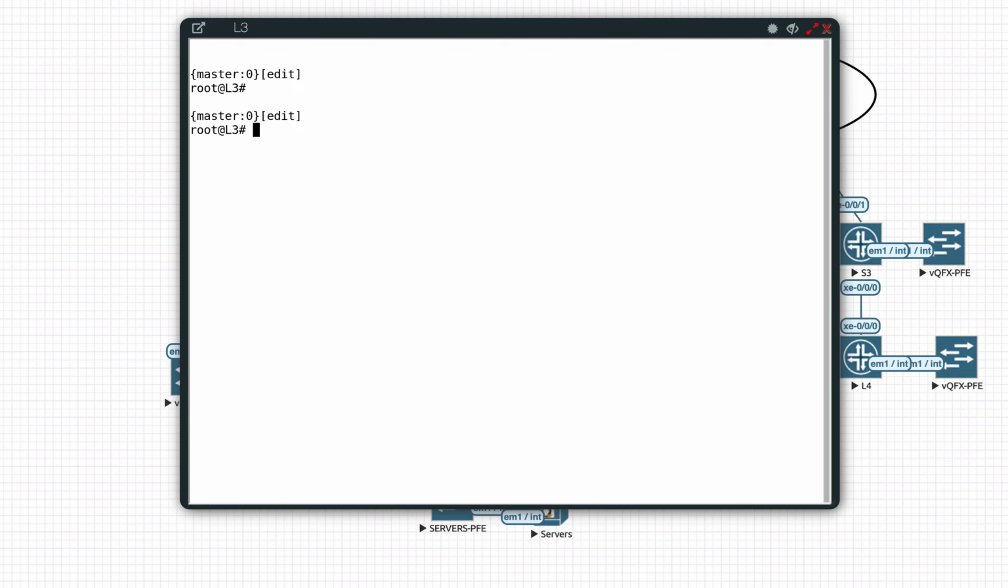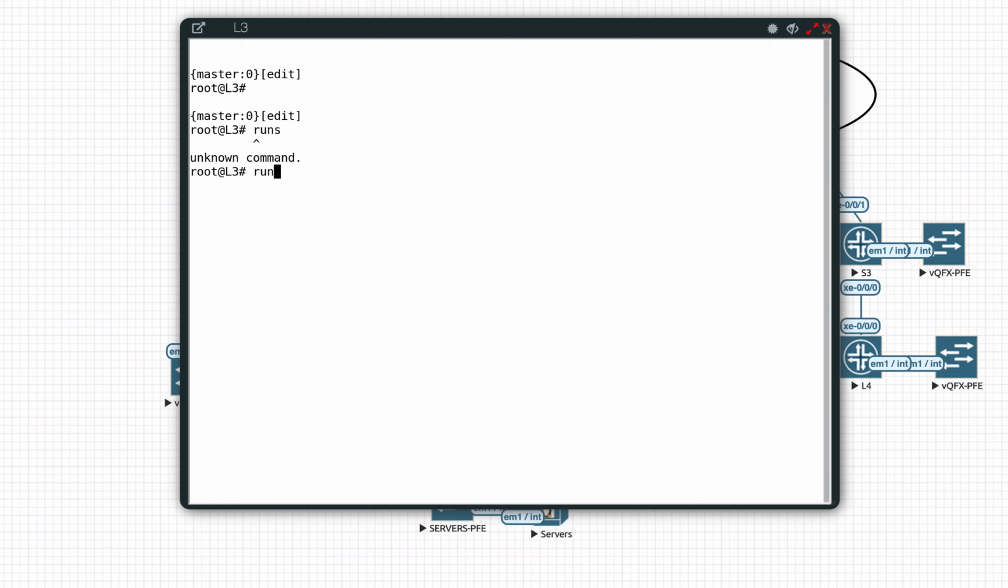Now come back and try to see some routing and some stuff which is happening behind the scene. So look here, this is our standard routing table, inet.0,